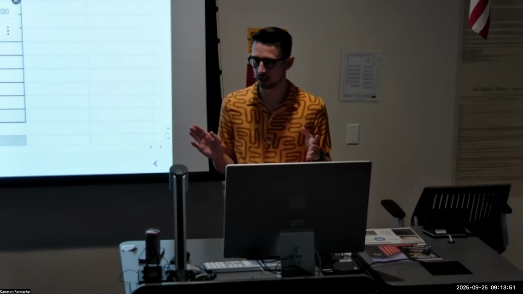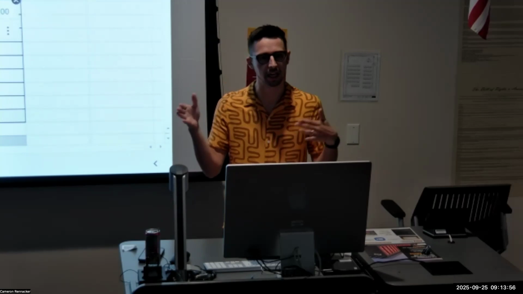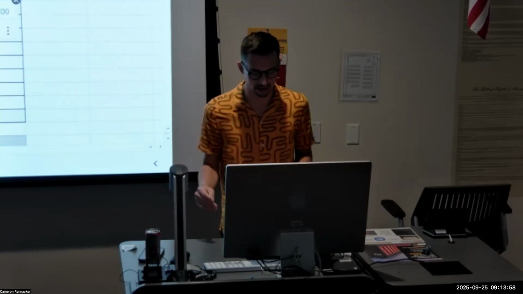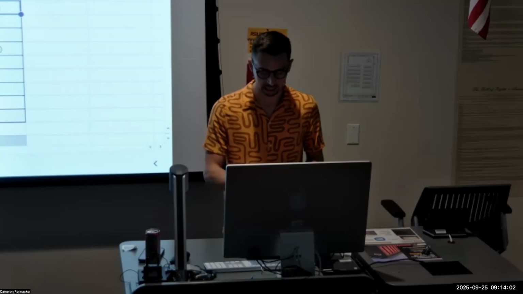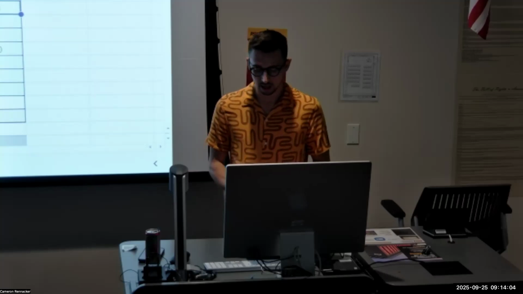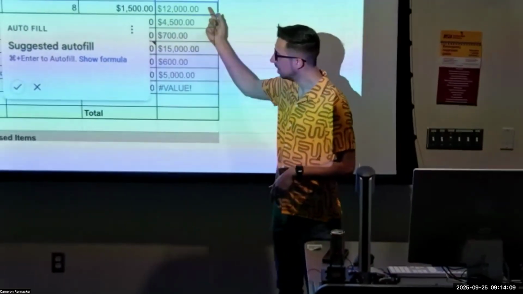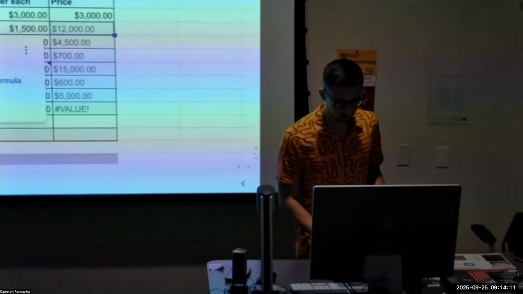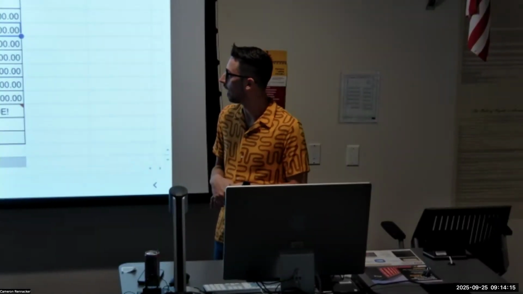In Sheets, the multiplication symbol isn't an X, it's an asterisk. So just keep that in mind. And then I'll select D6 and then I'll just hit enter. Okay. Now, if you're building your own formula, you're going to get a suggested autofill. In this case, it works. It won't always. So just be careful with that. I can hit yes.